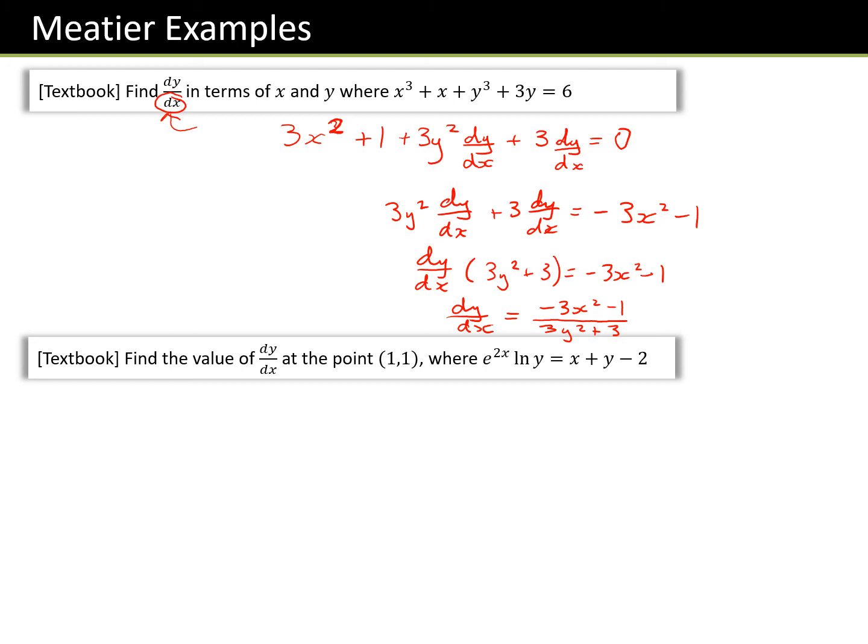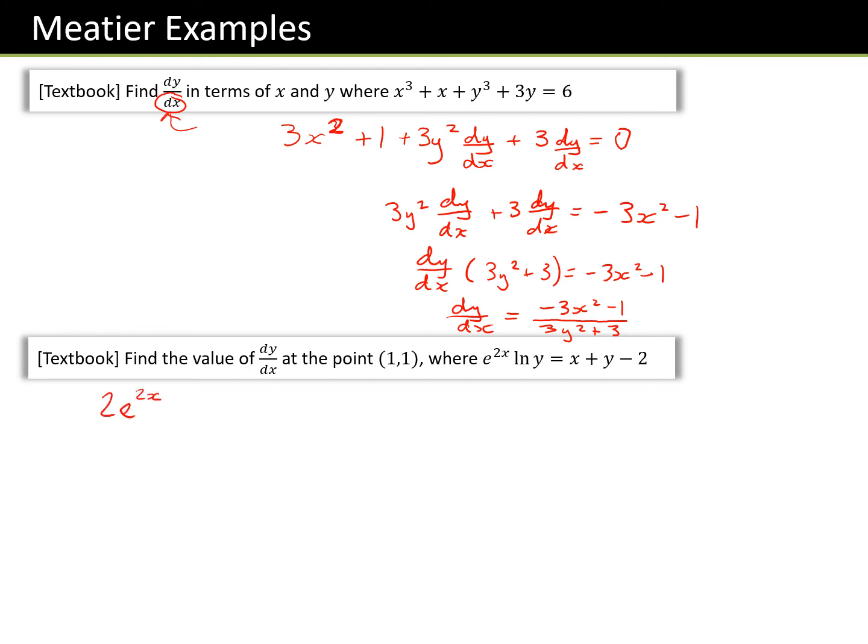Okay, now next one. Find the value of dy by dx at the point 1, 1, where e to the 2x natural log of y equals x plus y minus 2. So we need to differentiate both sides of the equal sign. Left hand side, there's a product, isn't there? So we need to do these separately. So product rule. So looking at the left hand side, the left one, e to the 2x differentiated is 2e